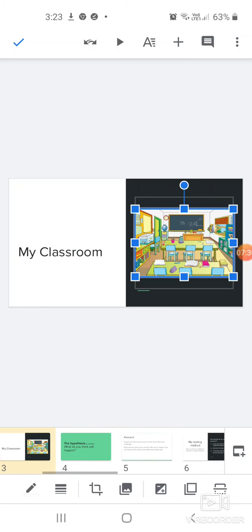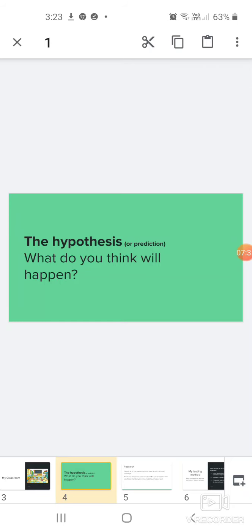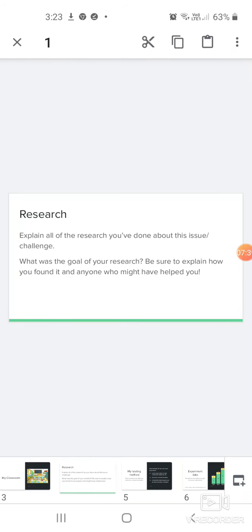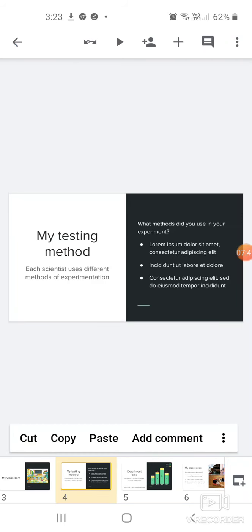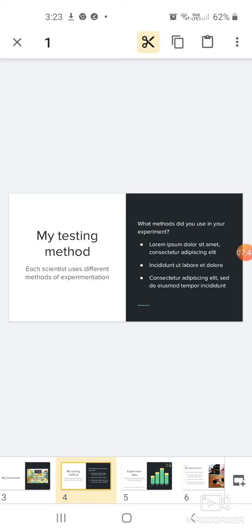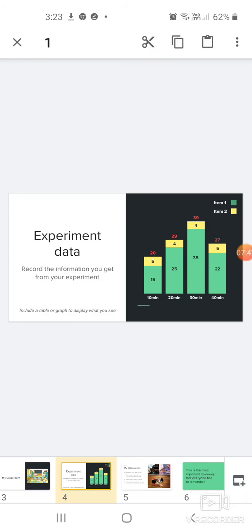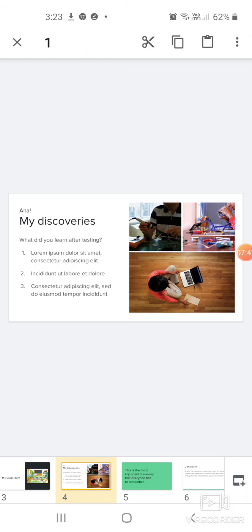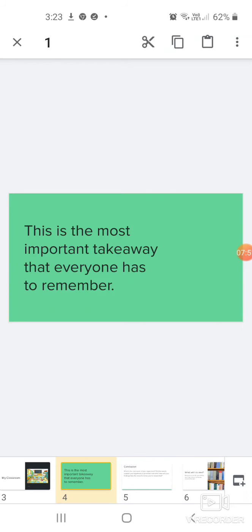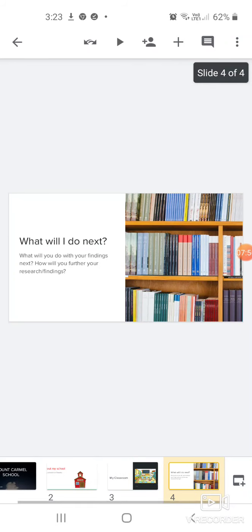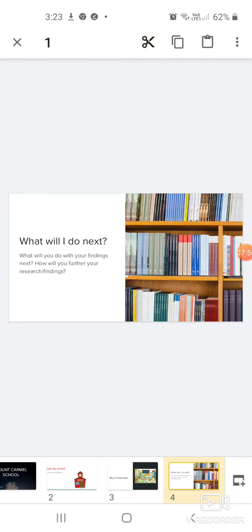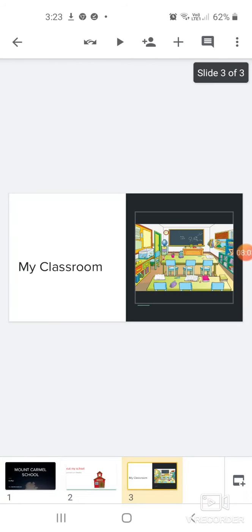I do not want any other slides in this, so I am going to remove them. So there is the cut, you can remove that. So just press on it and press on the scissor button at the top. Since you have taken a template, you have to do this. Otherwise, if you take a blank presentation, you don't have to delete all these slides. So your choice, whether you want to start from a template or from a blank presentation. So we have these 3 slides.